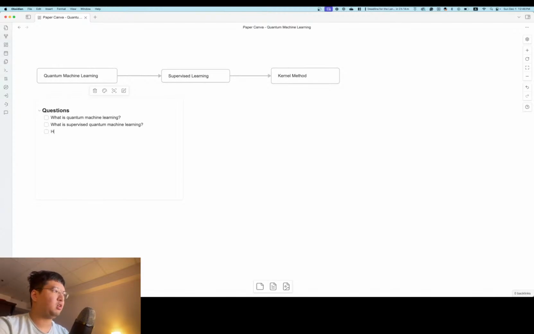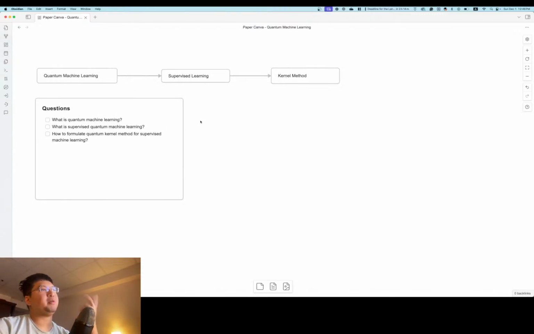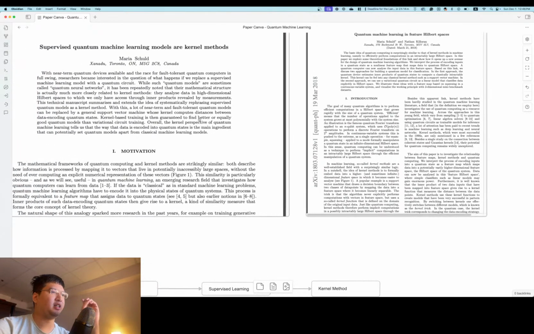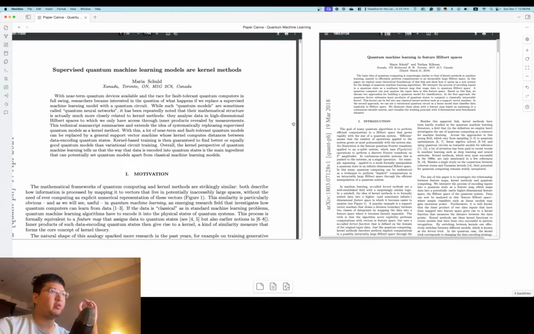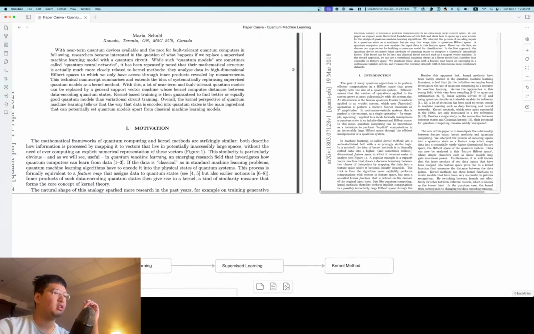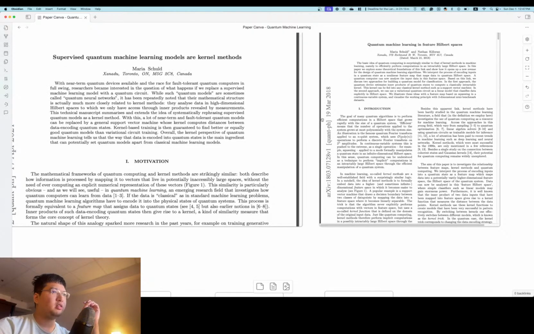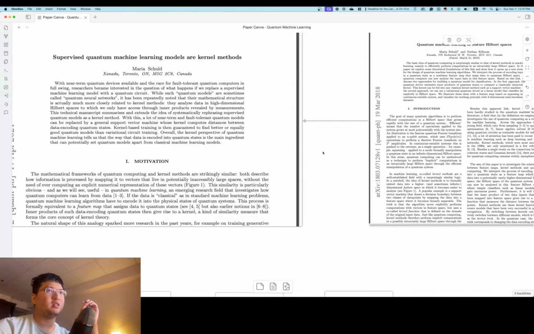And how do we formulate a quantum kernel method for supervised learning? Yeah, that's pretty much it. Based on reading just some simple ideas from this paper, we've already seen the correlation among these. So we can start with